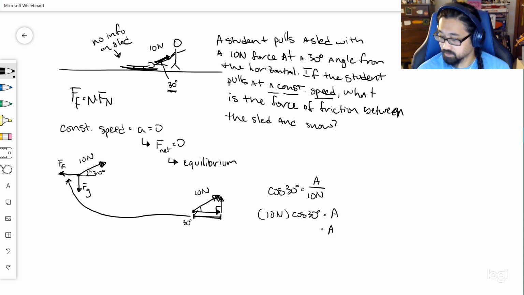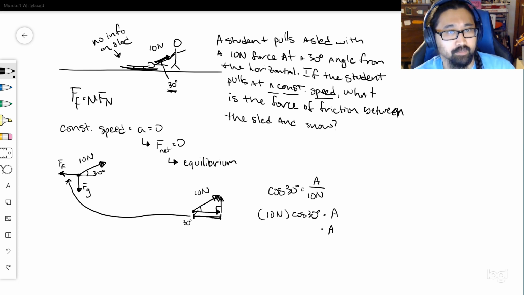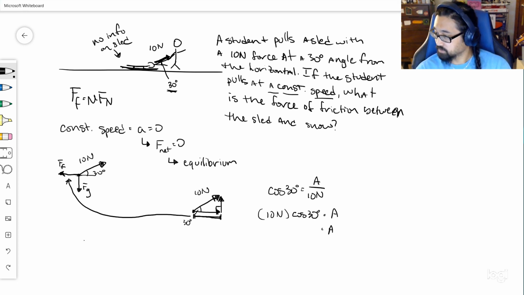I don't know math off the top of my head, but my calculator does. 10 times the cosine... It's 8.7. Had to do some math there, apologies. What that means is that it's 8.7 newtons, right? So this side here